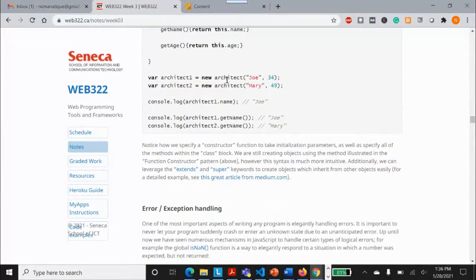So for objects, we know we were creating something like this: var architect1 equals new Architect. Please bear in mind again this new keyword and this class; technically speaking, this is not the class, the constructor is being called here. In the good old days, when we first studied JavaScript, or object-oriented programming maybe in Java, someone told us we are creating a class and the class name comes here. Of course that is correct, because the constructor has the same name as the class, so the class name comes here. But that is not the class being used here.